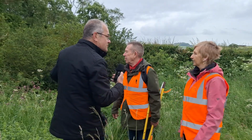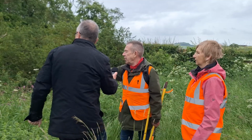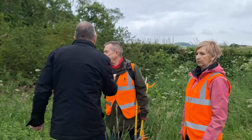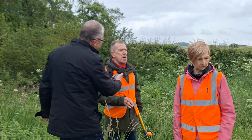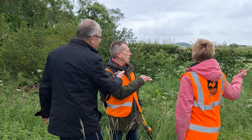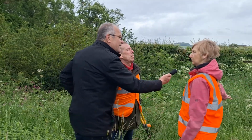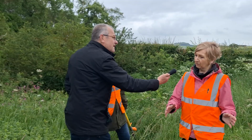We've got cow parsley, is that what it is commonly known as? Absolutely, and we've got red campion, we've got oregano here, and then clover, lots and lots of bird's foot trefoil, and further along there's a lot of yellow rattle, which is absolutely vital to any kind of meadow environment, which this is a kind of meadow,